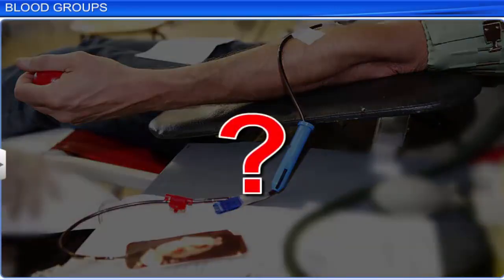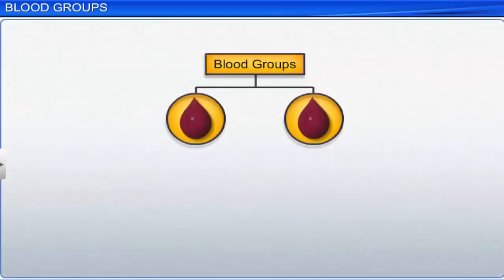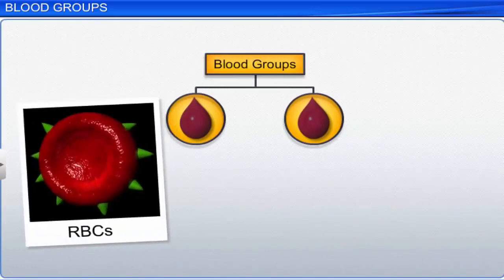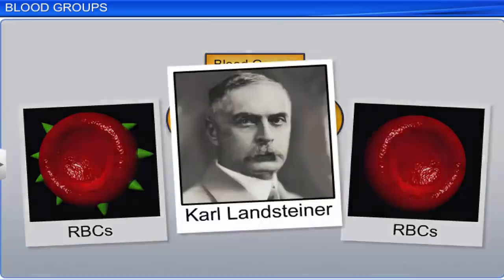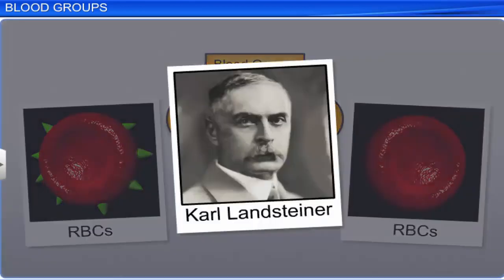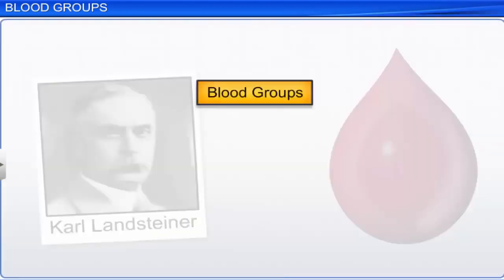Do you know what your blood group is? Blood in humans can be grouped based on the presence or absence of special proteins called antigens on the surface of the red blood cells or RBCs. Based on these differences, Karl Landsteiner categorized blood groups into the ABO